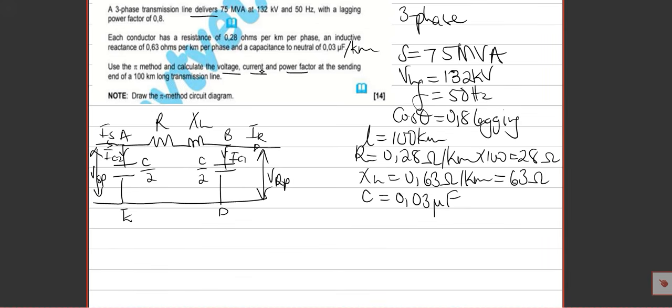So to go about this calculation, let's start. We're calculating sending end voltage, current, and power factor. We're going through the same steps we went through earlier on. To start, we need to find the V phase. For V phase, it's going to be VL divided by root 3. Our VL, they gave us 132 times 10 to the power 3 all over root 3 equals